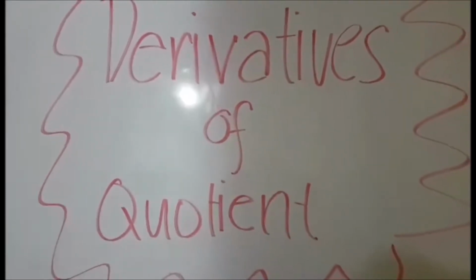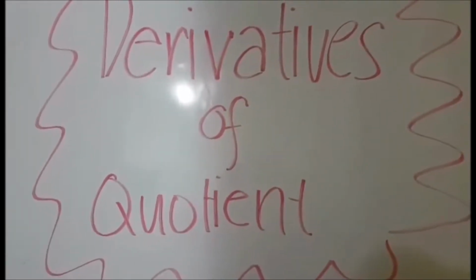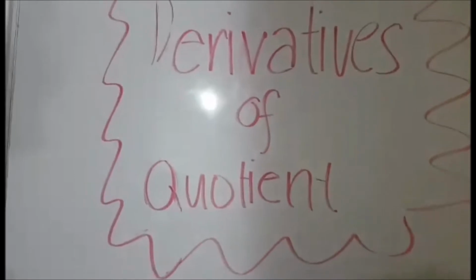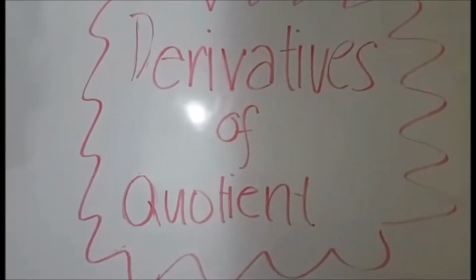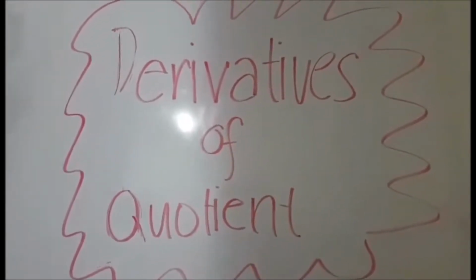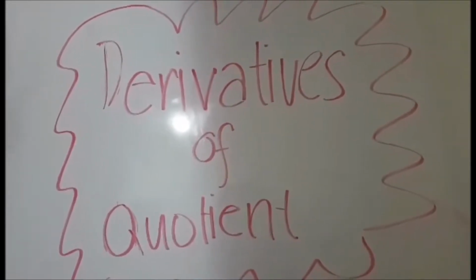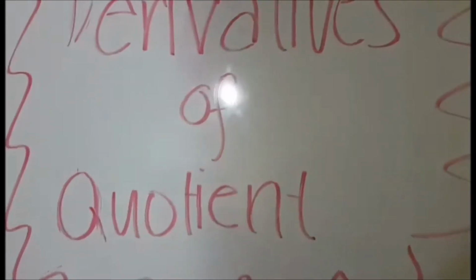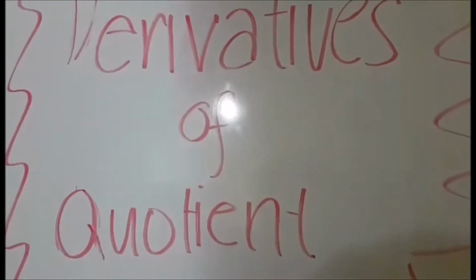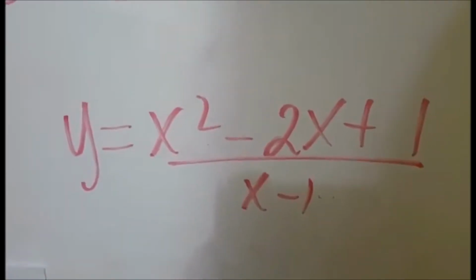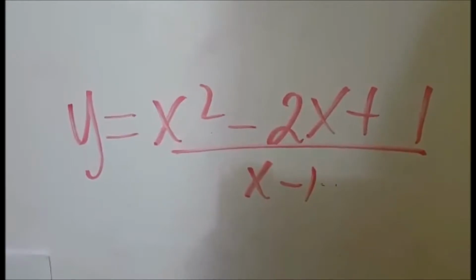Good morning, everyone. Our topic for today is derivatives of quotients. When you've had quotients of polynomials, you've been able to find derivatives by simplifying the polynomials before using your power rule. For instance, you've found the derivative of y equals x squared minus 2x plus 1 all over x minus